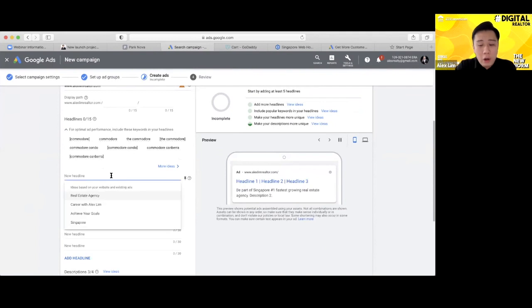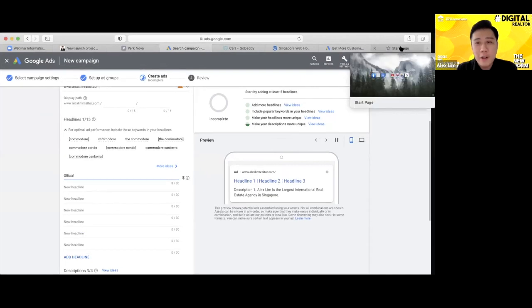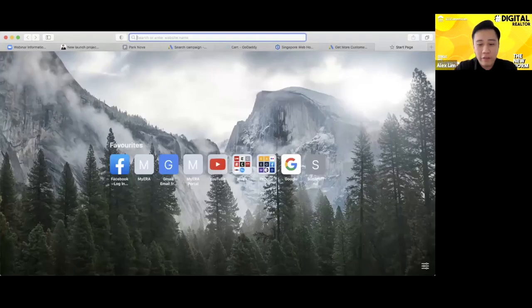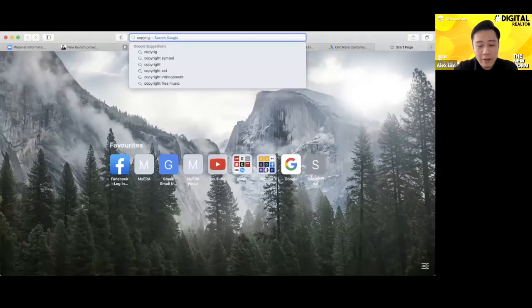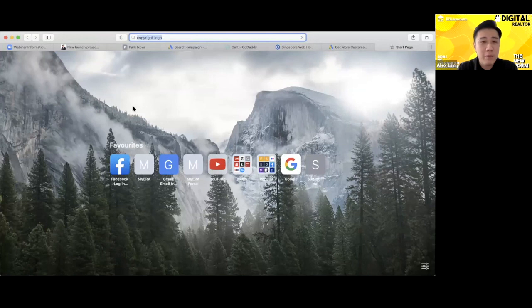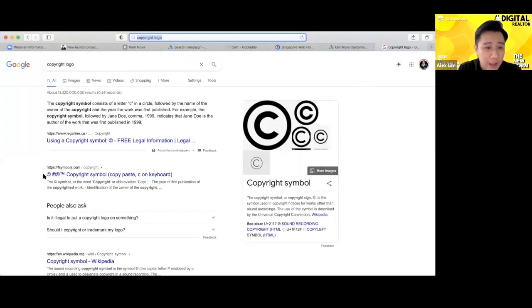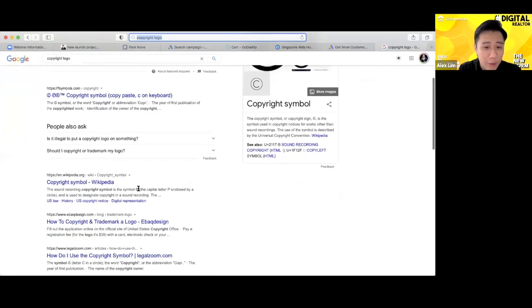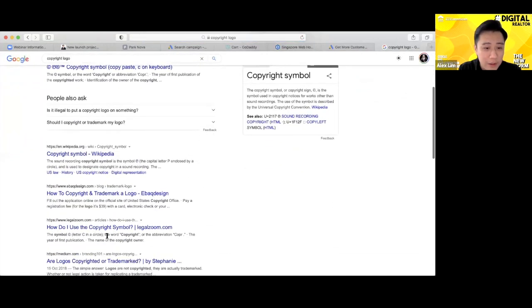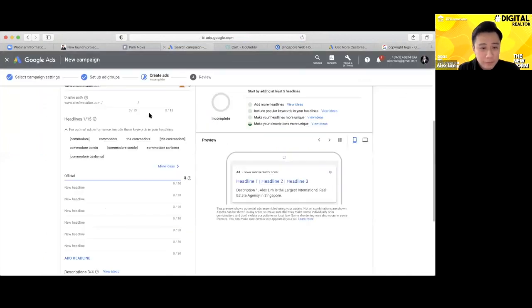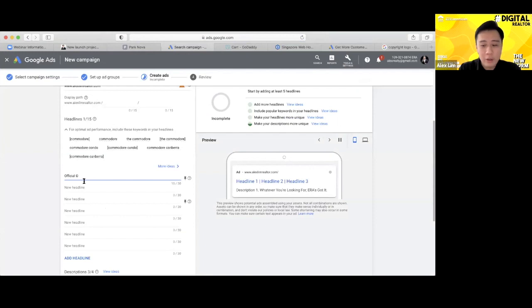Okay, so I always like to do official. I like this word official. Okay, as my first headline. Okay, then I always like to go and find that copyright, just for the fun of it. Copyright logo. I don't know what is it called. I always find this small little C down here. I was going to find their copyright logo. For example, a C symbol. Oh, I like this symbol. Okay. So I always find this symbol down here. Okay, so I'll just put a